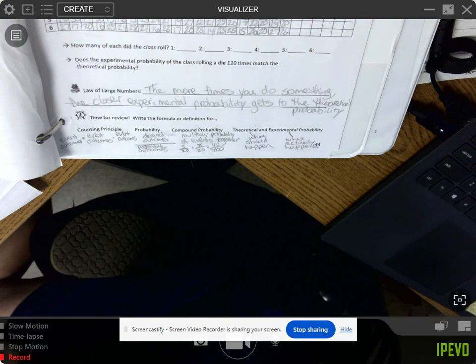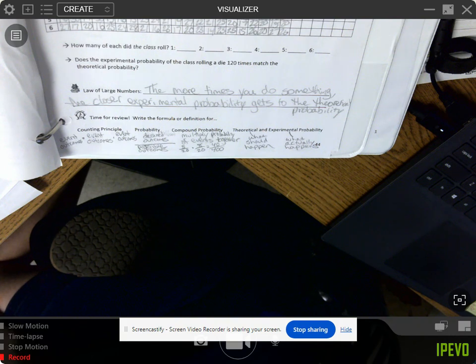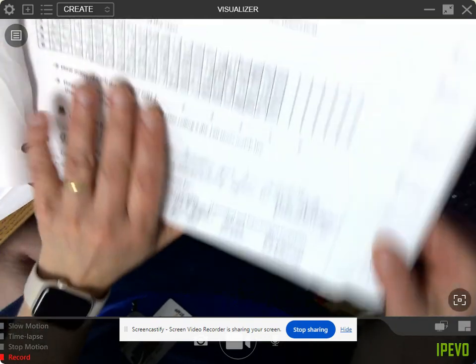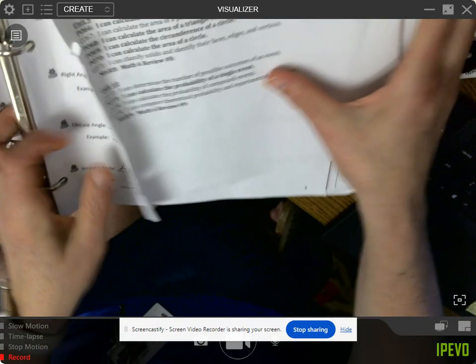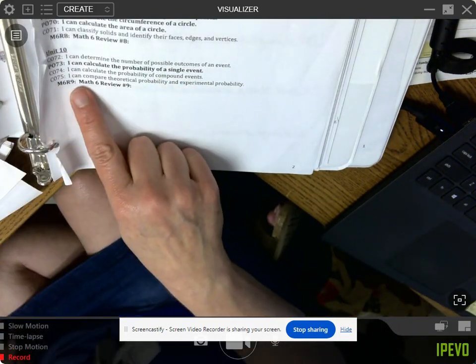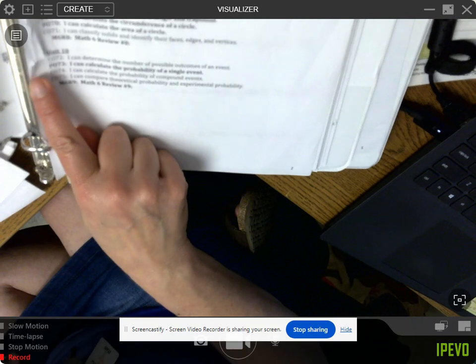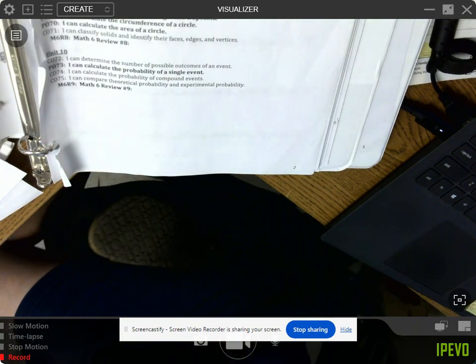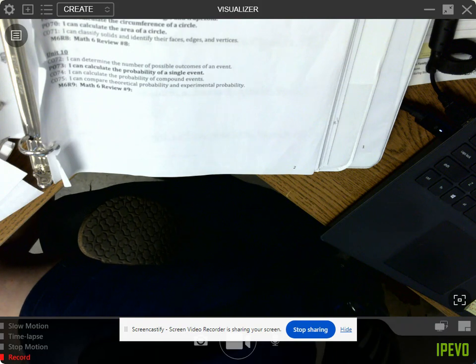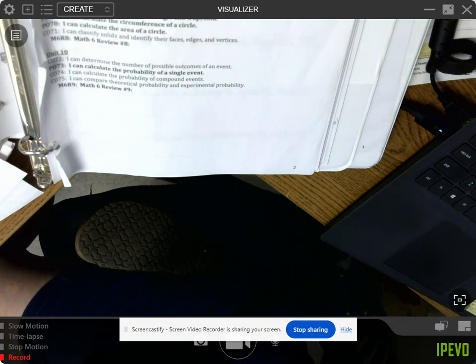Okay, so we are going to use the rest of class time for practice work and retakes. Ruby, do you know what the objectives are for you? Like review questions, like what POs or COs, everything? You can find that at the beginning of your book. So Ruby had a really good point, friends. Remember, at the beginning of our binders, we have the Math 6 Review 9. So, oh, it doesn't have it listed. I thought they usually had it listed. I'm sorry. Let's look and see. Math 6 Review 9